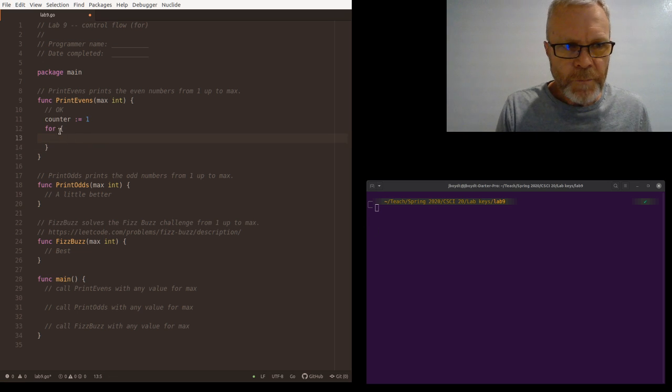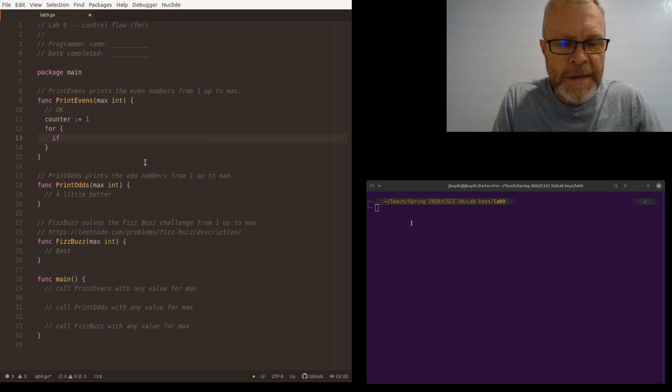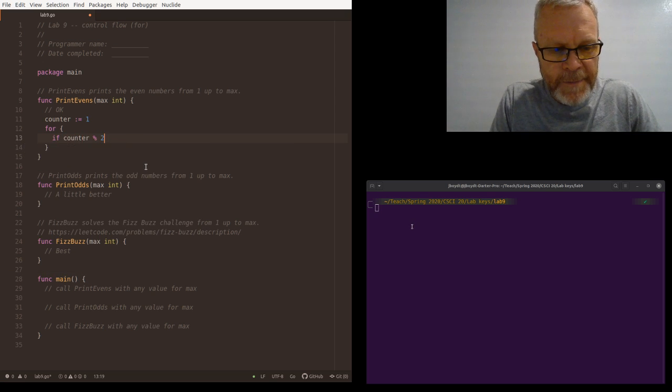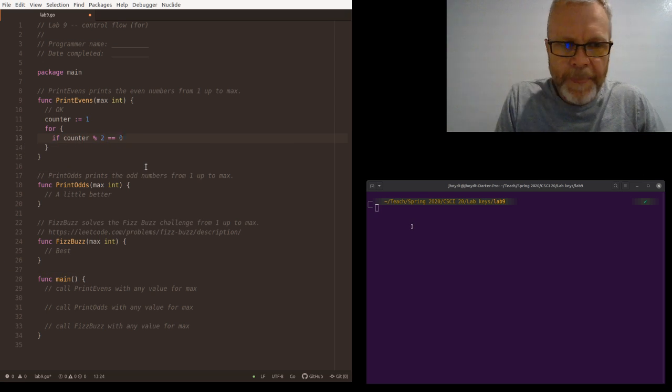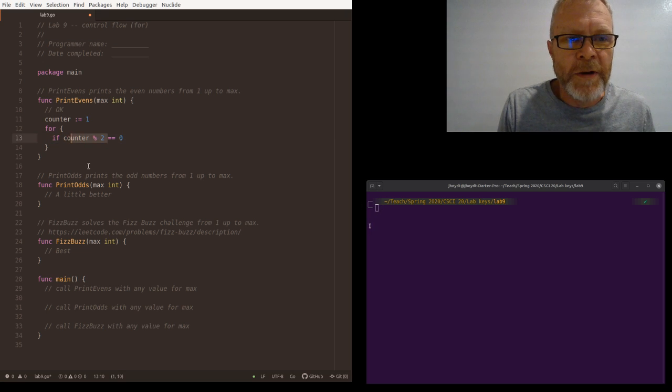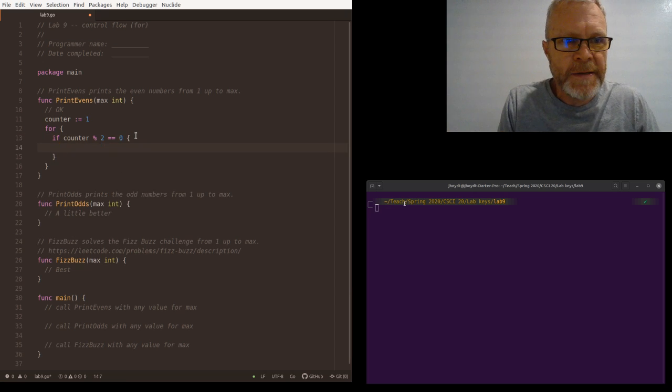Okay, so I'm going to start with the counter. Even numbers are simply numbers that evenly divide by 2, and that's easy because if you use the mod operator by 2 and that returns 0, that's evenly divisible by 2, and that's what an even number is. So I'm going to use the counter for this,